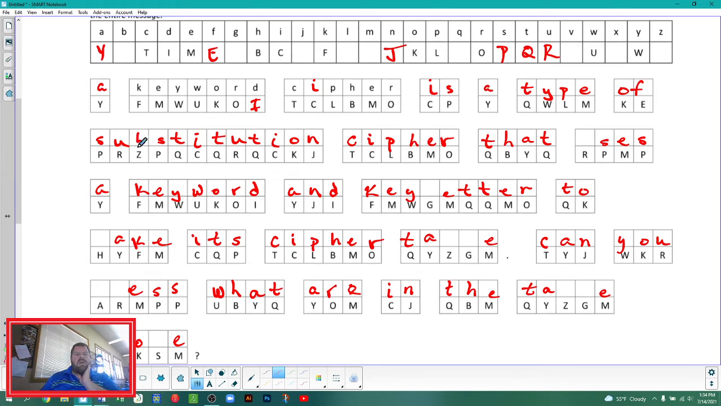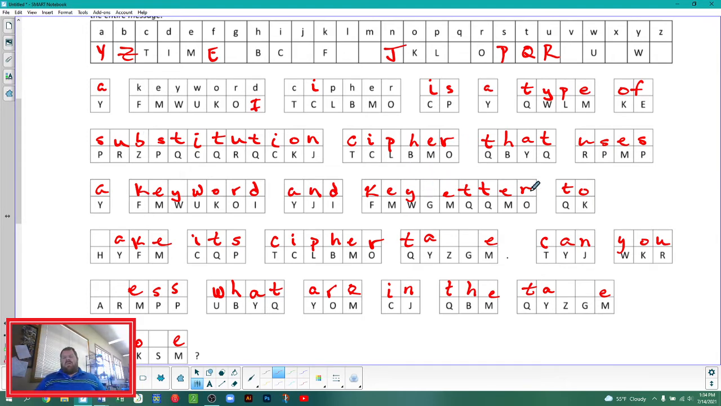Let's go with B. B is Z. And did I fill in the U at the R? I did. Okay. I don't think there's any other B's. Probably no other B's. I see some G's and Z's. G and Z ciphertext. Oh, there is another R. It's uses. All right, so a keyword cipher is a type of substitution cipher that uses a keyword and a